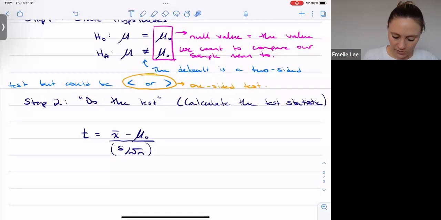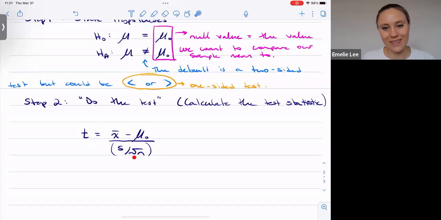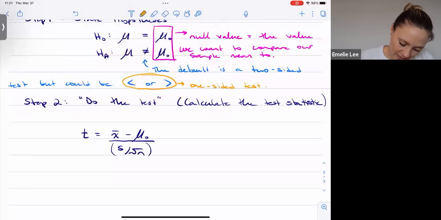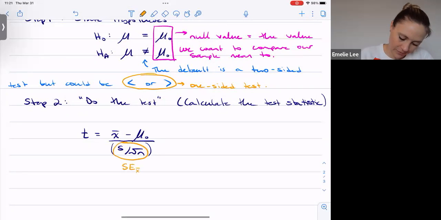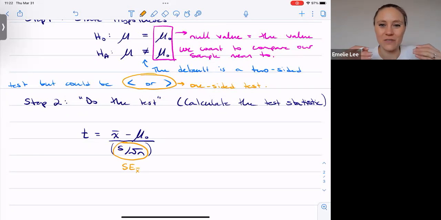Now notice, you're going to want to find the s over root n first and then divide it into x bar minus mu naught. Just as a heads up, this is the standard error of x bar, s over root n. So we take the sample standard deviation and divide it by the square root of the sample size, because the standard deviation for our mean,